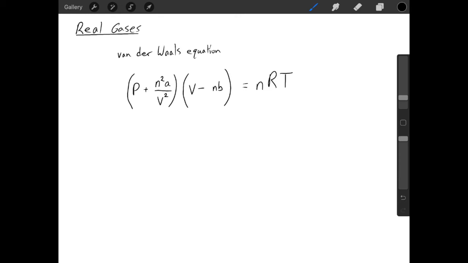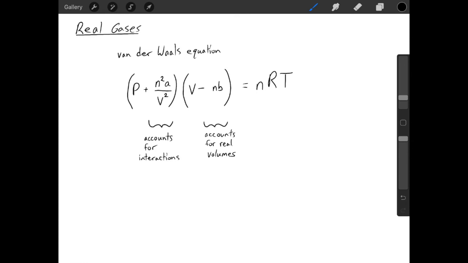The van der Waals equation looks very similar to the ideal gas law, but with a couple of small additions. The two added terms are going to account for interactions between gas particles and for the gas particles having real volumes. And the values for A and B are experimentally determined constants that you simply look up for each individual